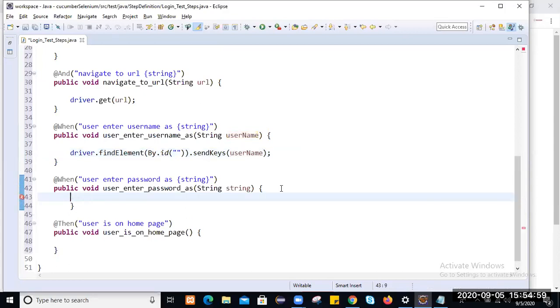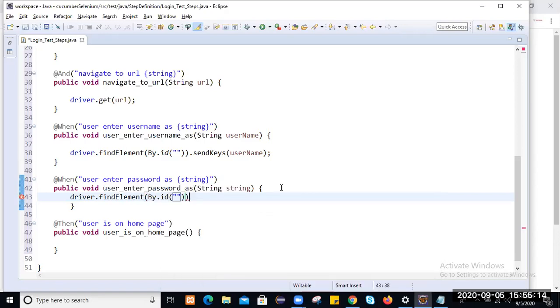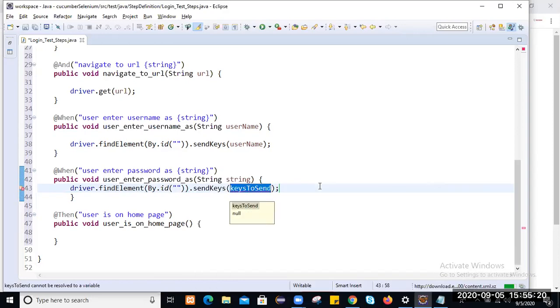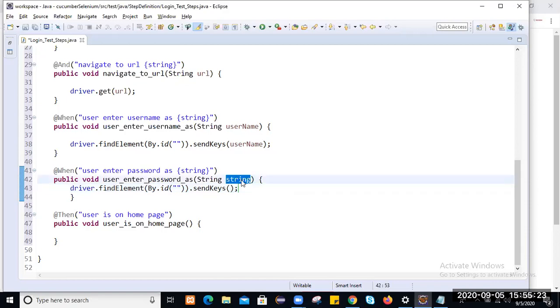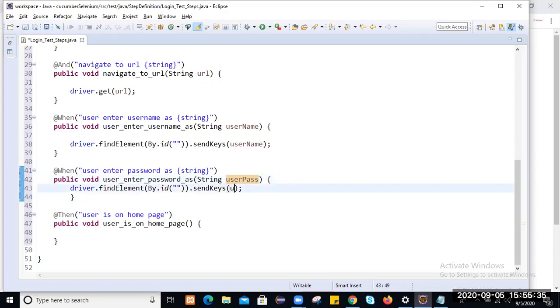Just use driver.findElement. Based on the ID, we will locate that web element. Whatever ID will be there, we'll use that ID and then perform the sendKeys operation, and for the password we are passing it like this. So this is userPass. Just use this userPass as a parameter. And then finally, once you perform the click operation,